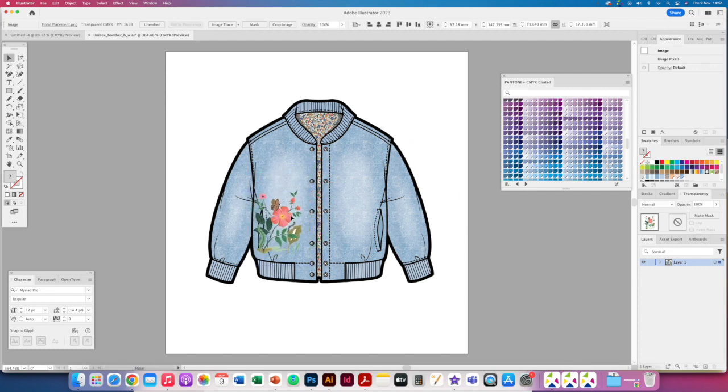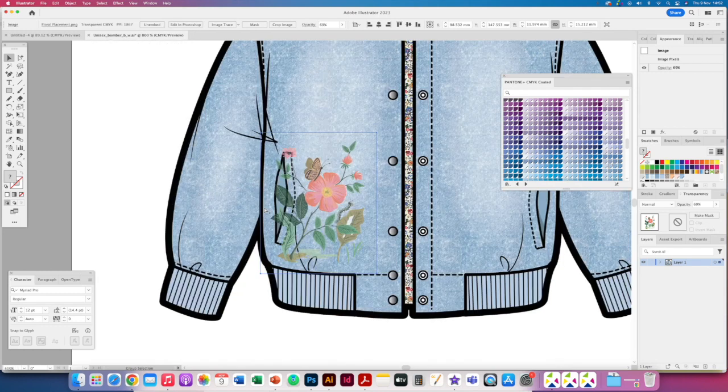Now it might be a bit too severe like that, so again what I could do is increase the transparency to make it look more vintage, and I could play with where that might want to be placed. Because it's sitting in the front of the pocket and I want it behind, I can copy it